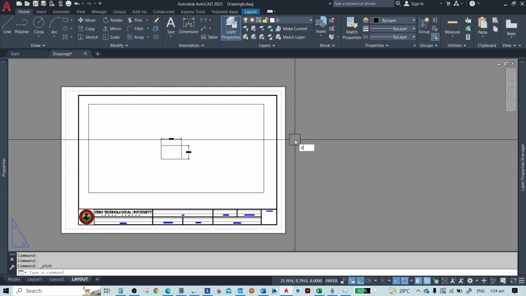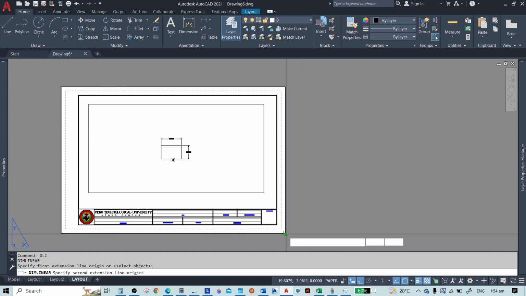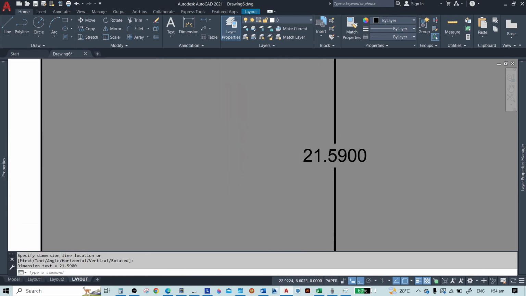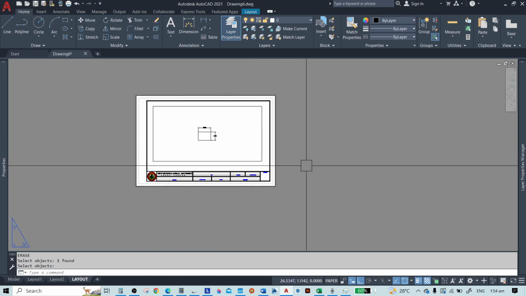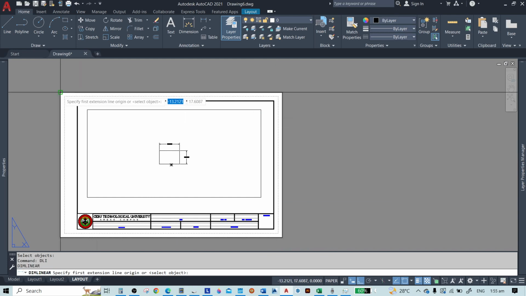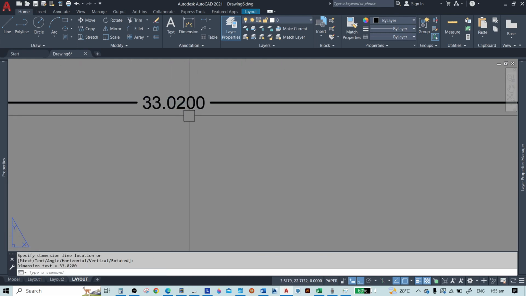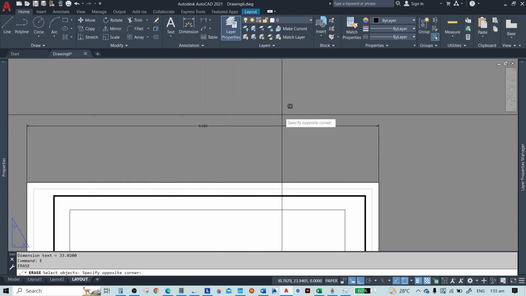As you can see, if I will add dimension to this, 21.59, and that is the measurement in centimeters for the long bond paper. Also this horizontal part, 33.02.